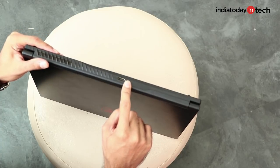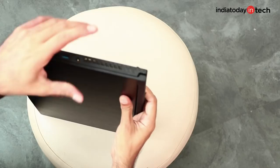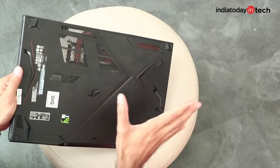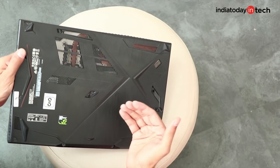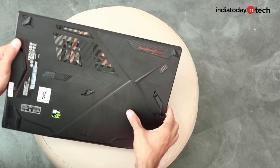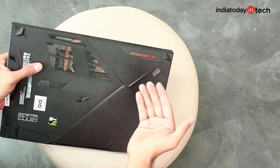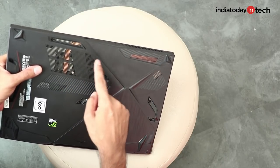The HDMI port is placed on the back beside the cooling vent. There's one on the back and one on the left side, but we'll talk about cooling in detail later. At the back you'll see the panel is screwed to the laptop. It's not user removable, so you cannot add hard disk or RAM to it, and there are vents at the back for natural cooling. Of course it's not a forced one, and you can see the heat pipes visible through